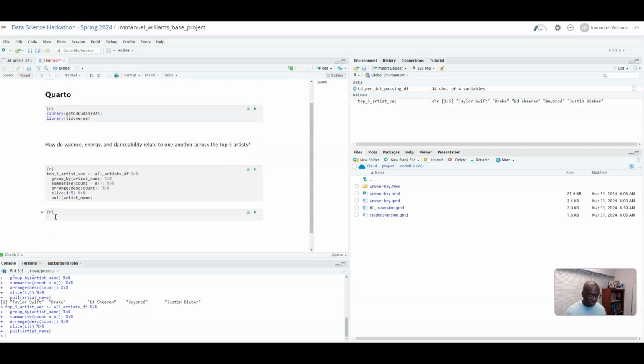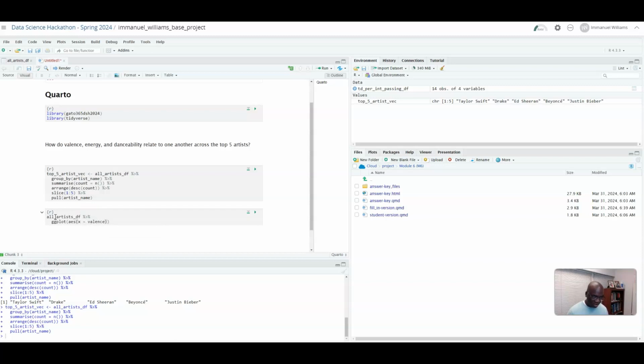So we'll do all artists. I'm going to pipe this into ggplot. I'm going to use the aes function. I'm going to say x is equal to valence. I'm going to only do 2 right now, and I'm going to give you all maybe 1 or 2 ways to do this.